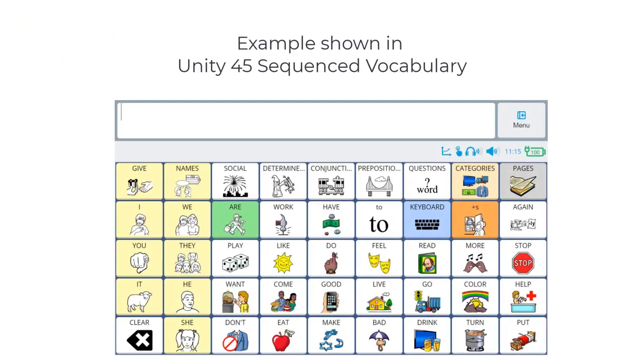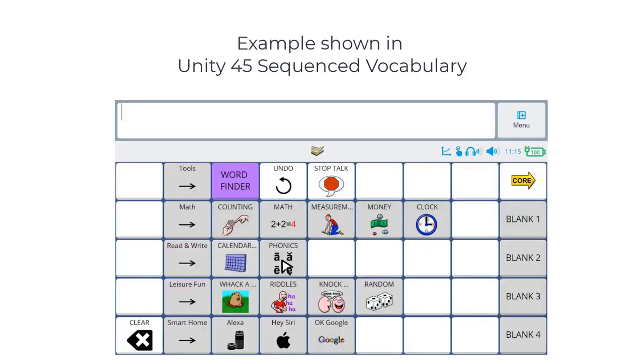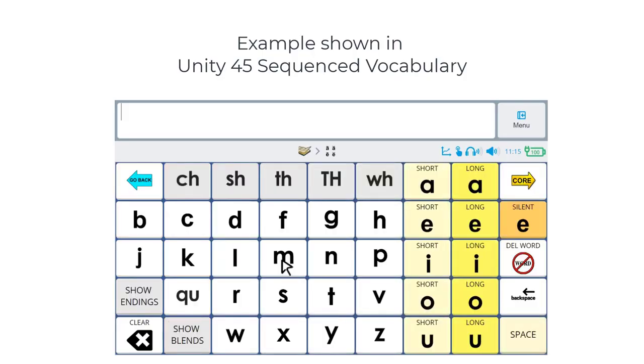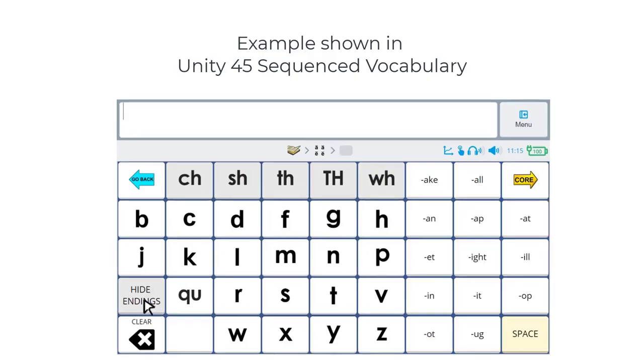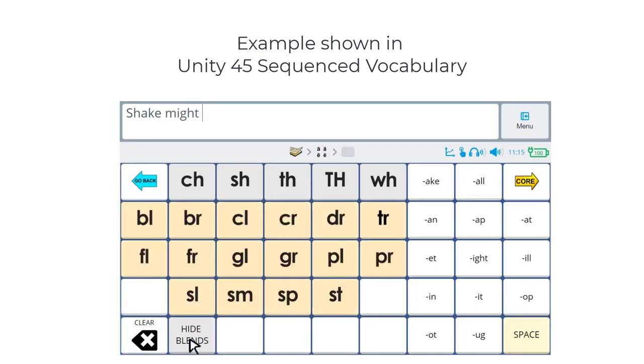And finally, when we look at the 45 locations, we also have new phonics, we have the digraphs, and we have endings. Ache, eight, and blends. Ache, ought,